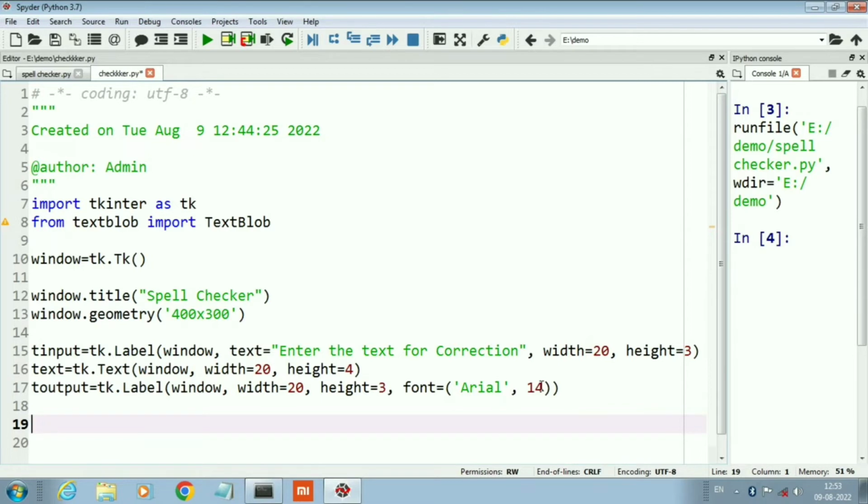By clicking on that button, we will initiate an action or event.